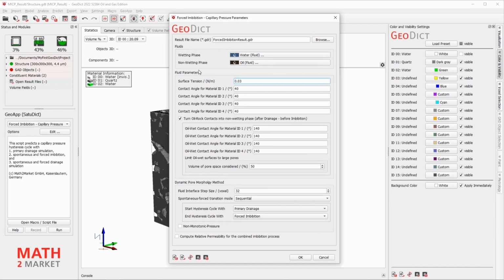And now, in case you have different material IDs or different solid material IDs, you may choose a different contact angle for each material in your structure.